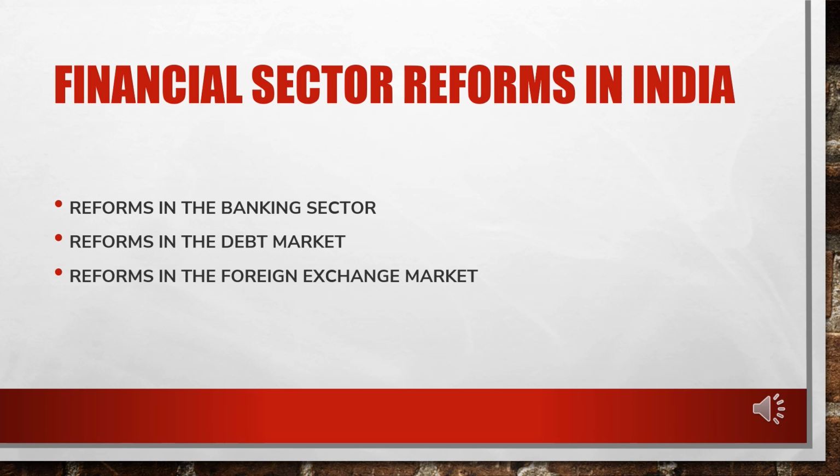Now next let's discuss reforms in the forex market. Market-based exchange rates and current account convertibility were adopted in 1993. The government permitted the commercial banks to undertake operations in forex, right? Participation of newer players was allowed in a rupee foreign currency swap market to undertake currency swap transactions, subject to certain limitations. FERA 1973 was replaced by FEMA in 1999 for providing greater freedom to the exchange markets.